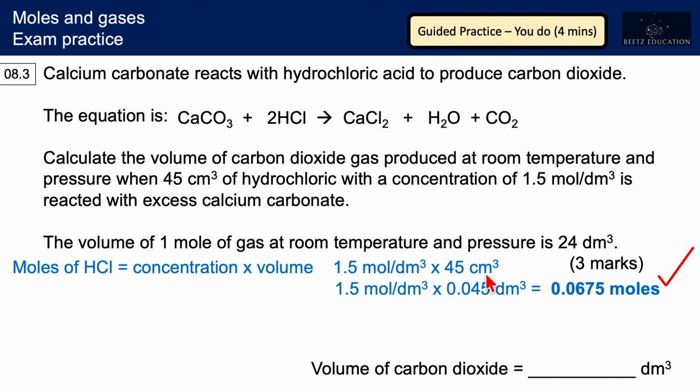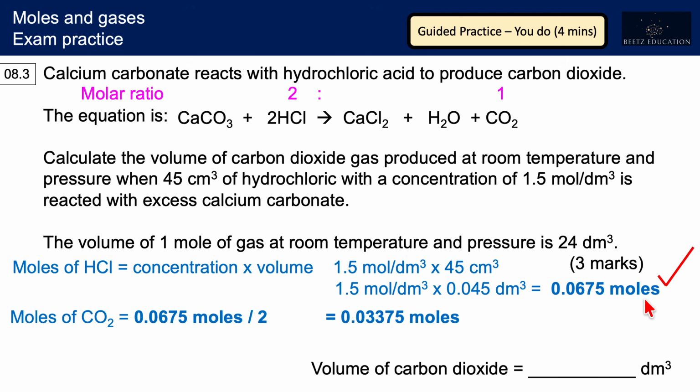And remember, one of my tips previously is include the units when you substitute your values, show the units as well, because you're more likely to spot a unit conversion. So divided by 1,000 to give you 0.05 decimeters cubed, multiplied by the concentration gives you your moles. Next step, it's a 2:1 molar ratio. So to get our moles of carbon dioxide, you could have either divided your moles of HCl by 2, or you might have thought, oh, I'm going to multiply it by 0.5. Same thing, gives you